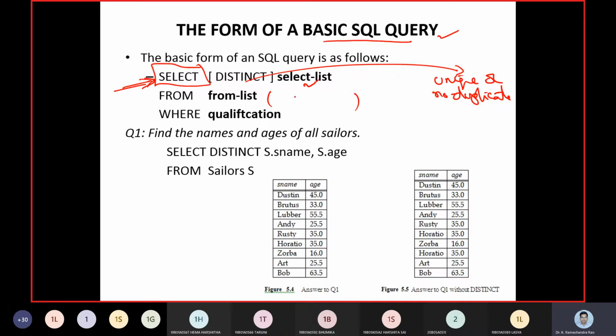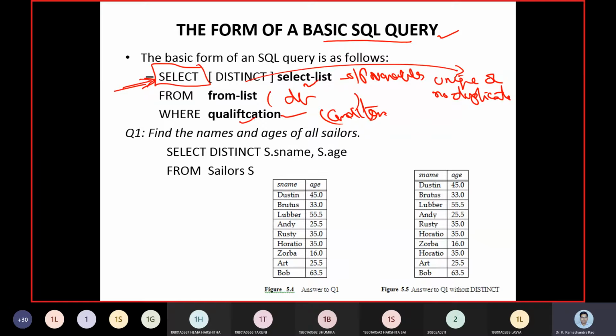The FROM list is going to contain the tables from which we want to take the data, and the WHERE condition is going to be met when we put it into the qualification.